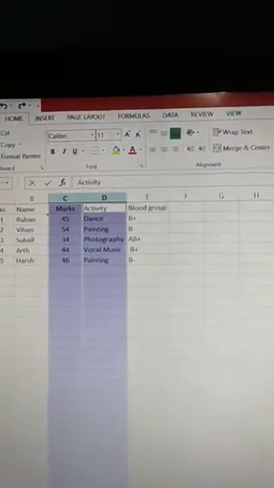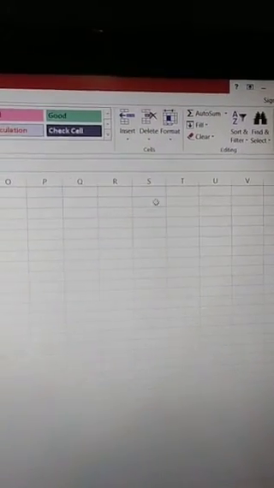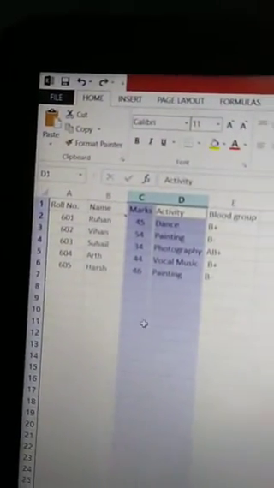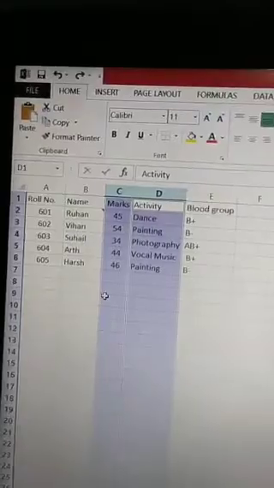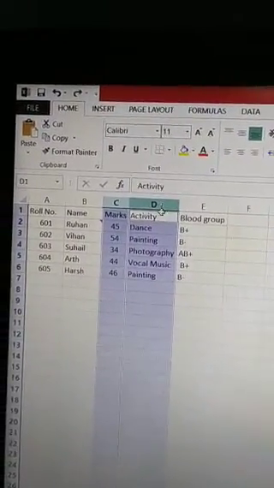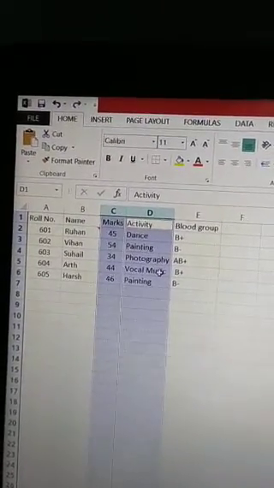We can also use AutoFit for columns. Go to the Home tab, in the Cells group, and go to the Format option. In the drop down menu there is the option AutoFit Column Width. You can see here that as per your data the column width has been changed, because in column D the data is longer, that's why the column width is longer.